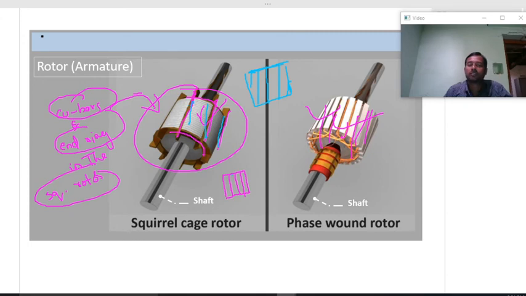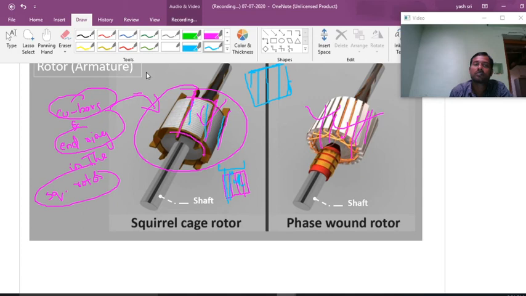Why is it skewed? To make the rotation of the rotor smooth. Also I want to say one thing. If it is like this, parallel to each other, then flux cannot link parallelly, because here copper bars are available, here a gap is there, slots are there, lamination slots will be available, here copper bars will be available. So if the flux linkage is changing, I will draw another one so that you can understand easily.